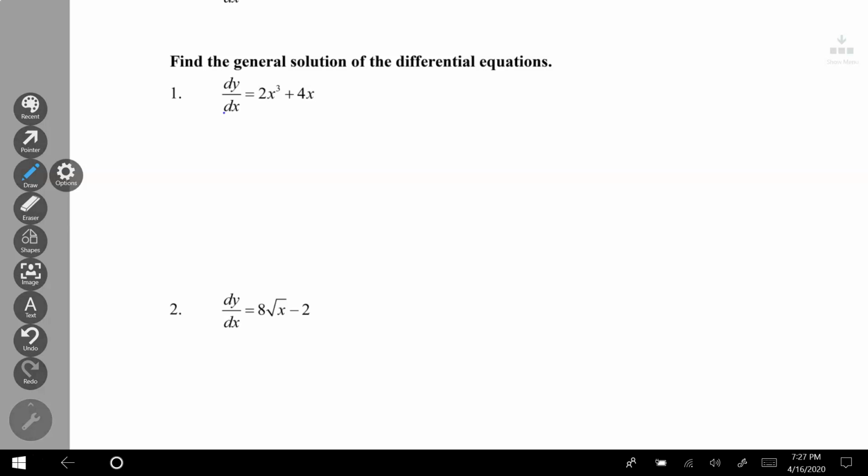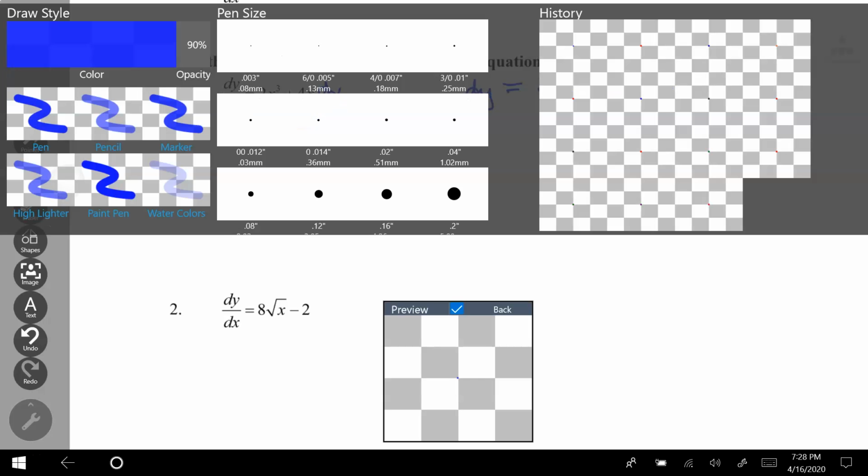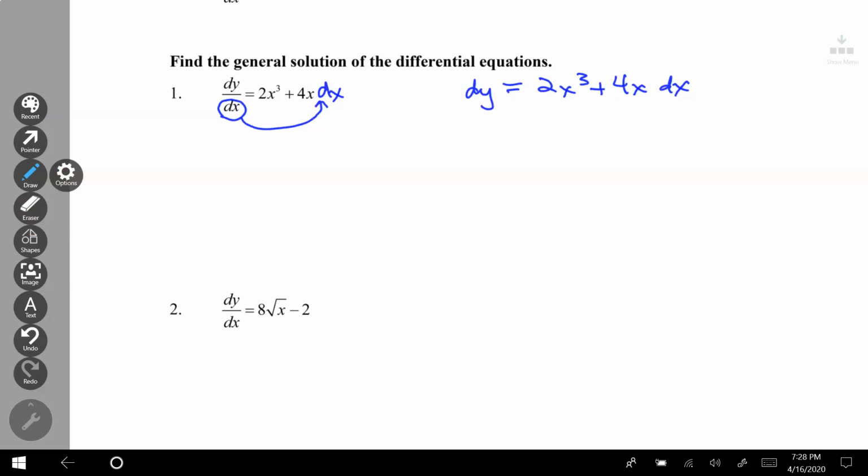It says the derivative, or the differential, or the dy over dx, is equal to 2x cubed plus 4x. We're going to bring this over to the other side by multiplying it over. I have dy is equal to 2x cubed plus 4x dx. The dx is just the variable of interest. How do I do this? I take the antiderivative. So the antiderivative of 1 dy, or just dy, is y equals,